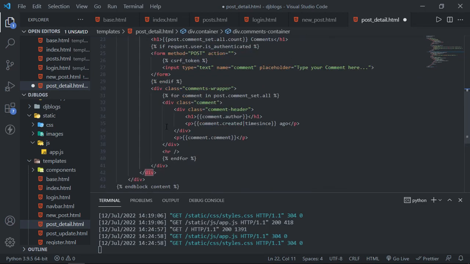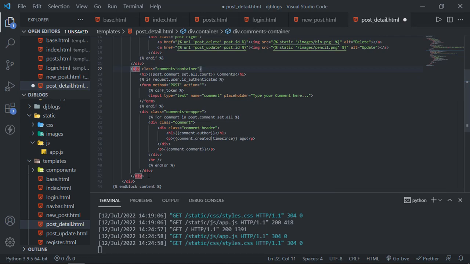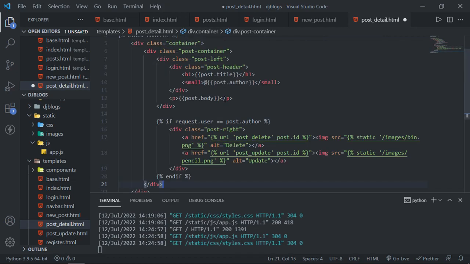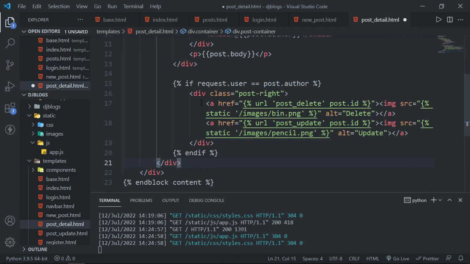So this div has opened here and has closed here, so I will remove this. And this is new. Now this means if the current logged in user is equal to the author of the post, then only we will display this delete and this update button. Otherwise we won't display this. Let's save this file,